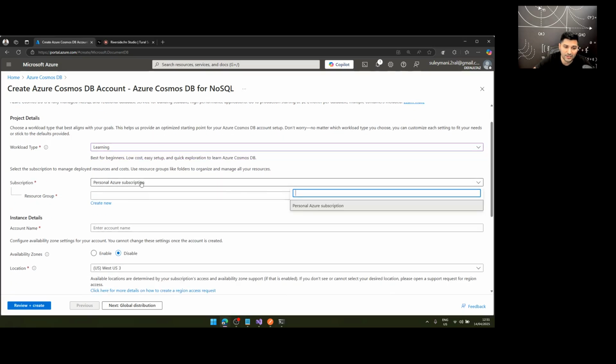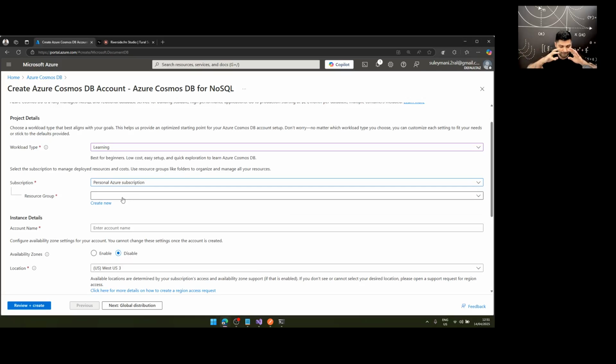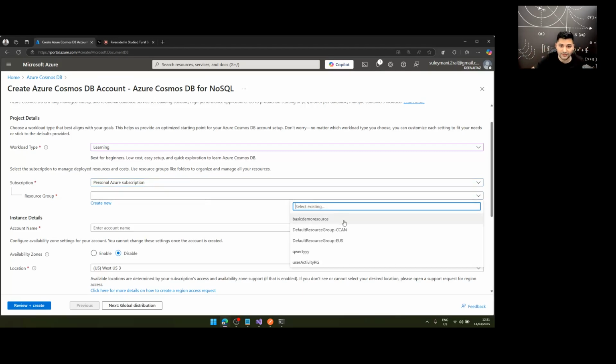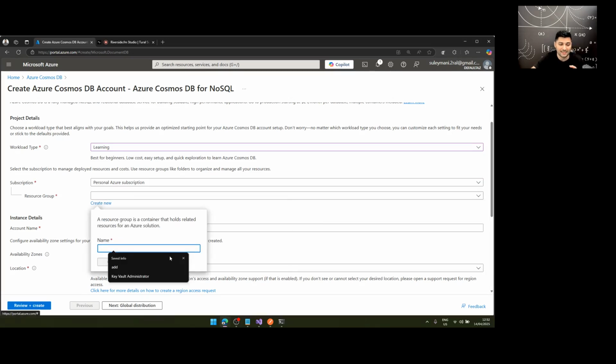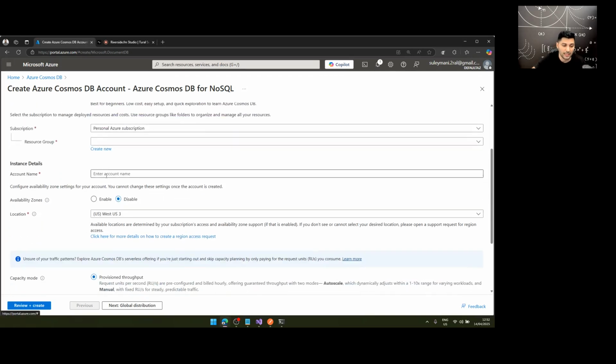And from the subscription, you can select your exact subscription. If you have free and paid subscription, it doesn't matter, you can select any of them from here. And the resource group is exactly the, let's say, namespace for your different services. You can group your services on the resource group. I have different resource groups. I can select any of them from here, or if you don't have, just click create and type any resource group name you want. Okay, and from the account name, please provide a unique name for your Azure